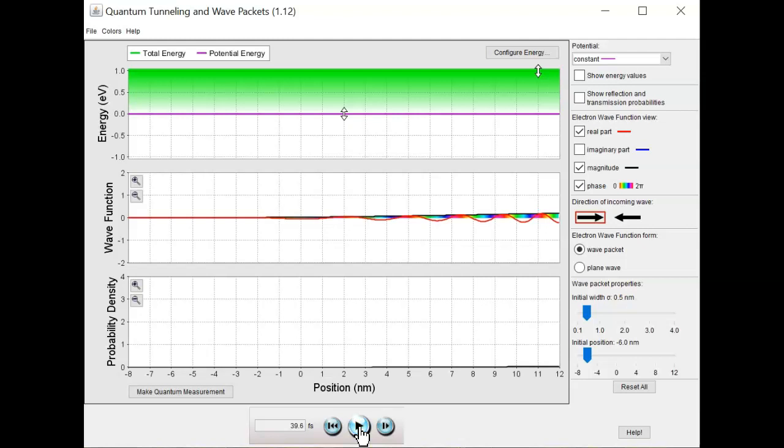The second question is whether the wave packet envelope is moving to the right at constant speed. Is it speeding up, slowing down? This is a little bit difficult to see. I'm going to turn this off and let's start. It doesn't really matter whether we look at the top or the bottom. We really want to look at where the peak is. I've tried to pause it, and it does appear to be moving at a constant speed,